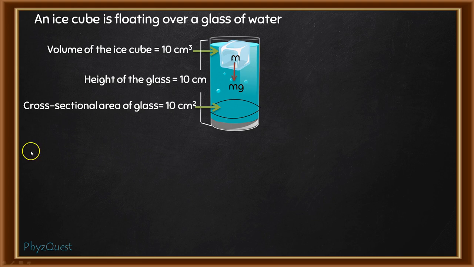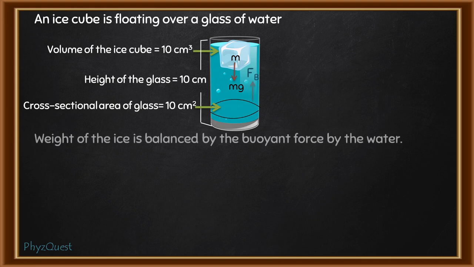Floating means the force due to the weight of the ice is balanced by the buoyant force by the water. So if mg is the weight of the ice and Fb is the buoyant force,